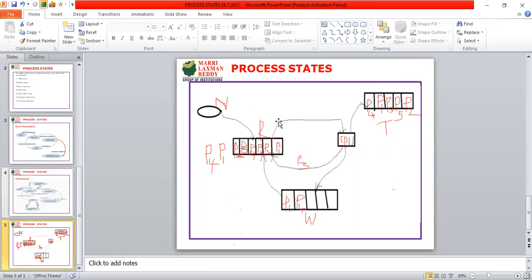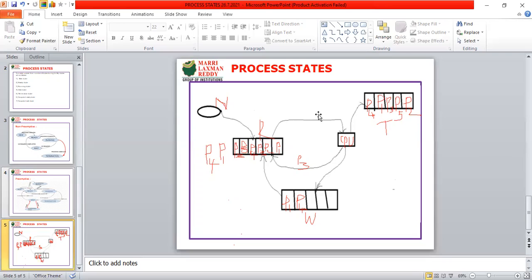The first process is allocated to the processor. Which process is allocated to the processor is decided by the operating system, as we already know. Process P1 is allocated, but at that time the IO resources are not available, so P1 goes directly to the wait state and is stored on the left side. This is the multi-programming preemptive technique, and because of that P1 is in the wait state.